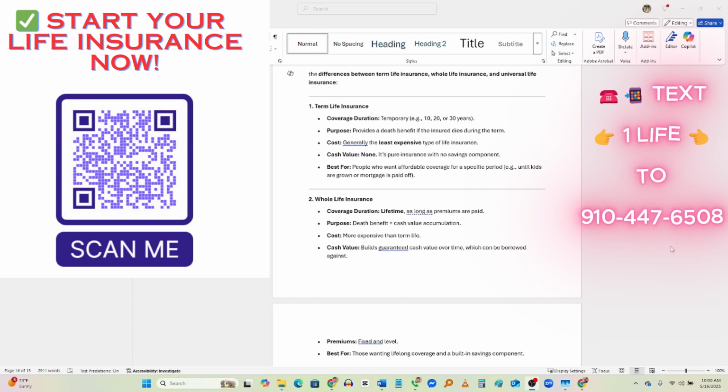Let's move on to option number 2, whole life insurance. Coverage duration: lifetime, which means you have this for as long as your premiums are paid. Purpose of the whole life insurance policy: death benefit plus cash value accumulation. There's actually a saving component in a whole life insurance policy, which means every time you make a monthly premium payment into the policy, a portion of that payment goes into a savings account that also grows,